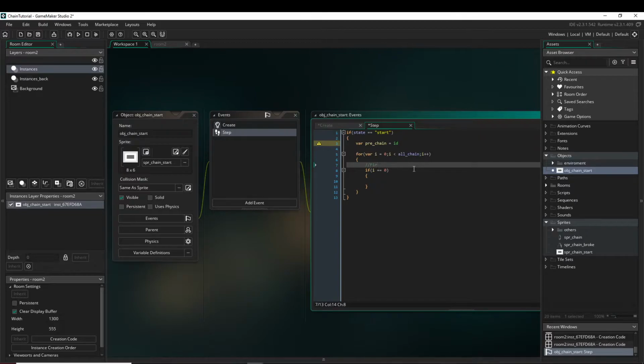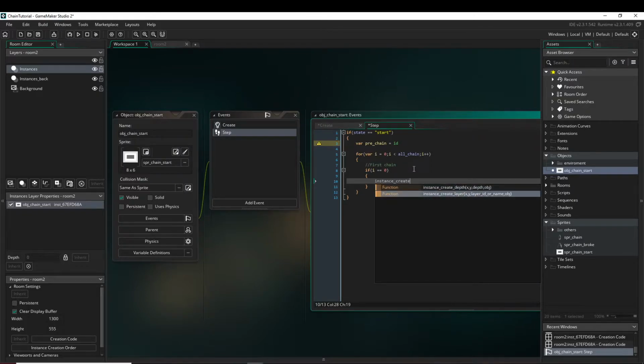This is the first chain. Okay, so now we can type instance_create to create the chain link. It will be instance_create_layer, more like this one. The X stays as the default, and